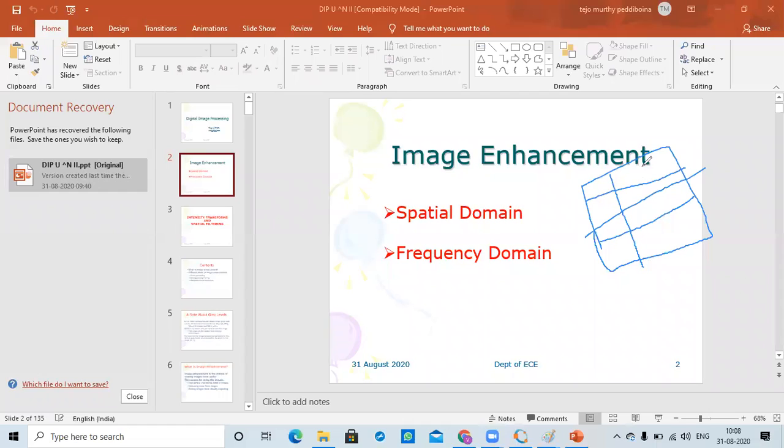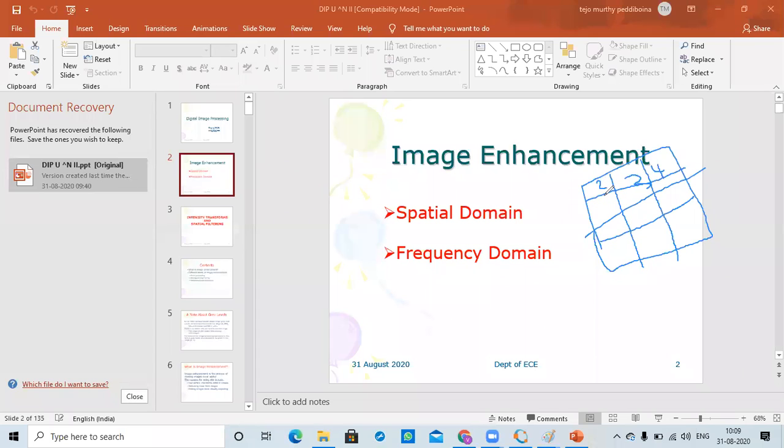This is my image matrix, for suppose. Now I will take each pixel value, for example 2, and this is 3, and this is 4, and so on. I will take some different values here, and I will do certain operations.